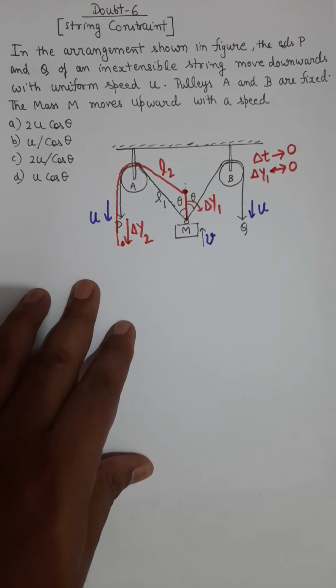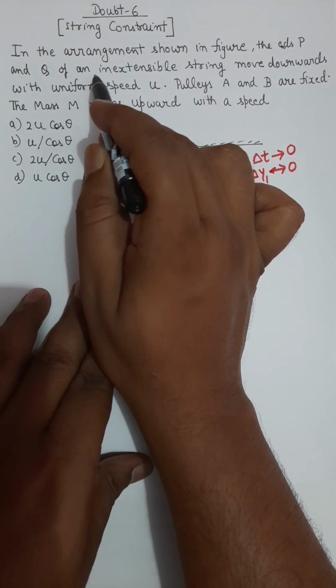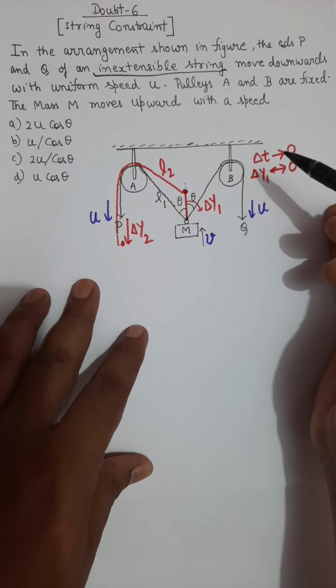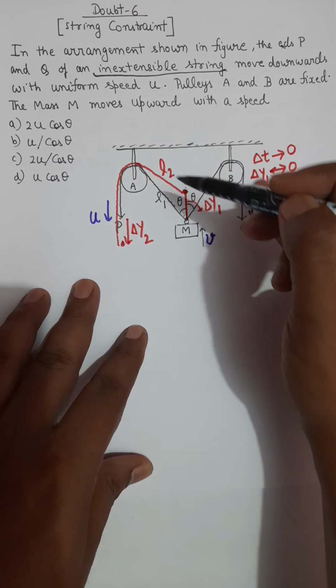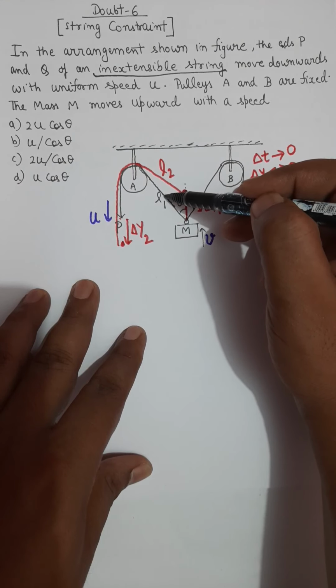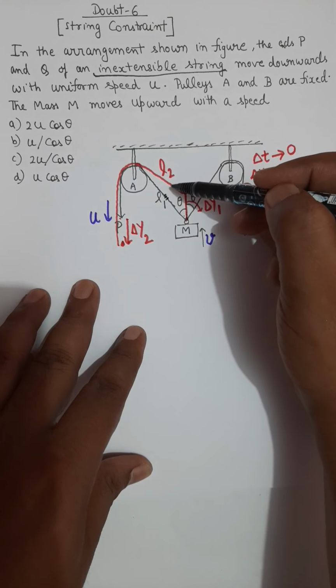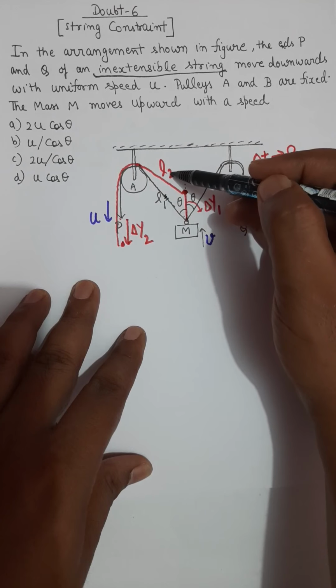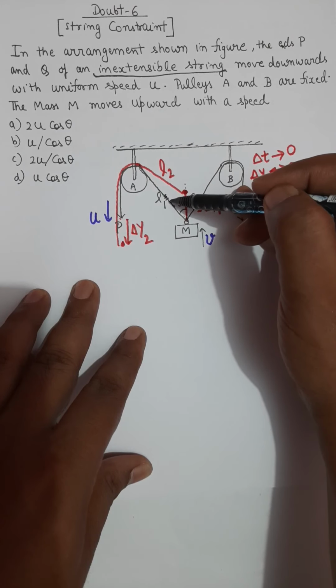What is the logic behind the question? I said I will solve it in the subjective way. I am not going to discuss it in the objective way. The logic behind this question is the inextensible string. If the string is inextensible, then the amount by which the length of this segment of string reduces from L1 to L2, any reduction in the length of this portion of string, should be compensated